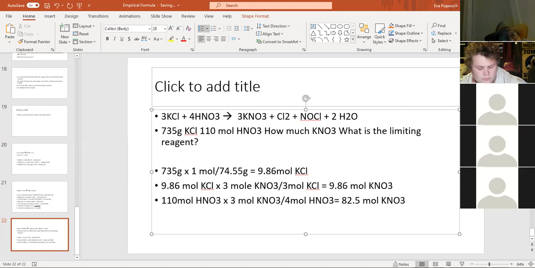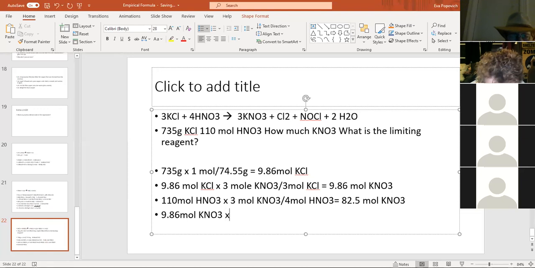Which one is the one that came from the limiting reagent? $9.86. So the 9.86 is the one that we're going to use to determine